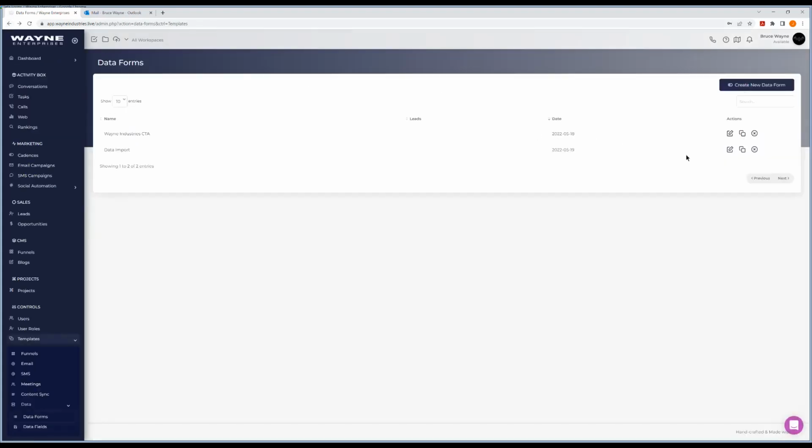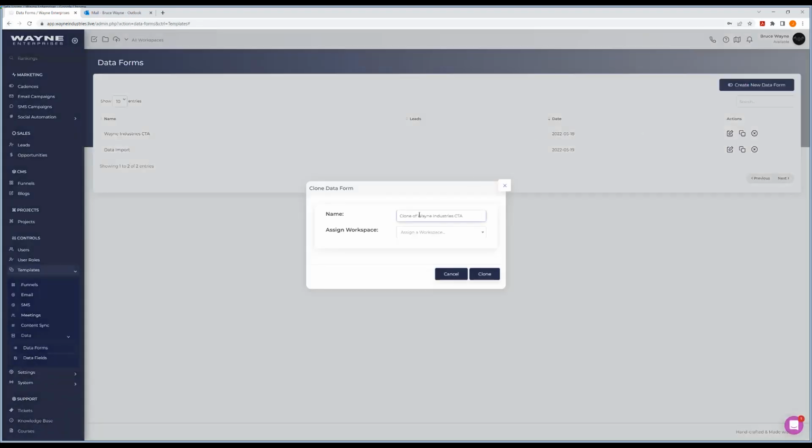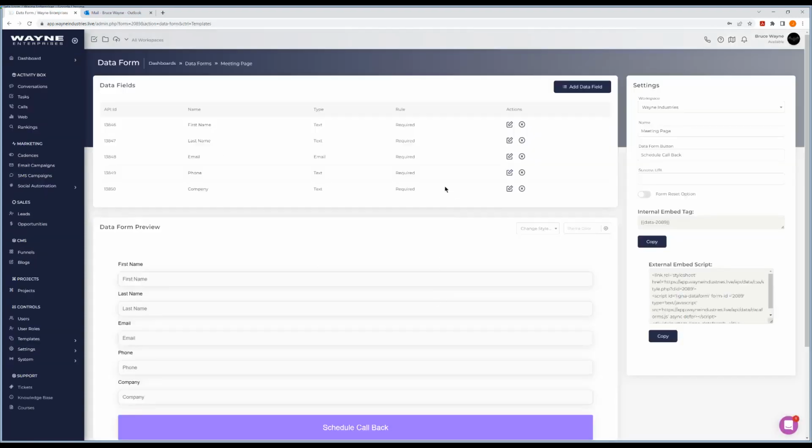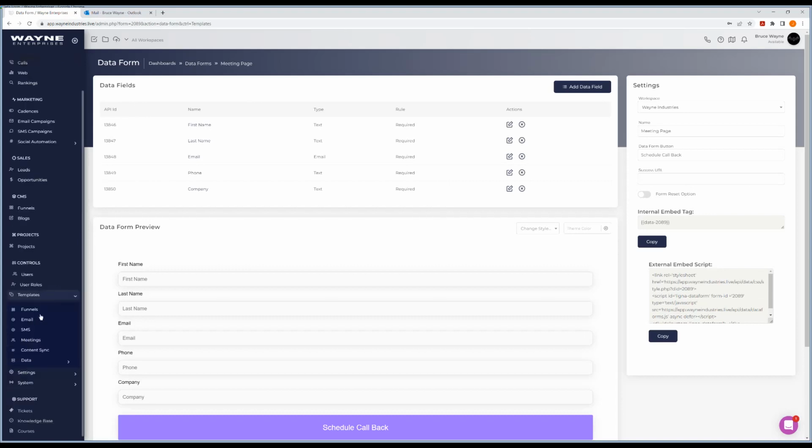So I can easily just clone this, and I'm going to select Wayne Enterprises or Industries as the workspace, and I'm going to change this to meeting page. And select that and hit clone. What this is doing is cloning all the fields. So all the fields that I set up prior, everything is the same, but it's assigned to this particular data form. So now that I have this data form set up just for meeting pages, I am going to go back to Templates, click on Meetings,